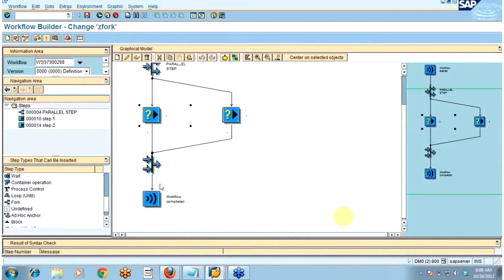You can see here the workflow got completed. Therefore, this step 2 also got disappeared from the inbox of the user. So out of these 2 steps, the fork got completed first, and that's the reason the other step got completed automatically and then the workflow got completed. So any one of the executions out of these 2, then this particular fork will get completed. So you were partially correct, Hitesh, but just to make it more clear,